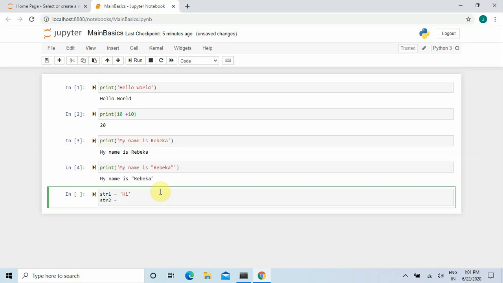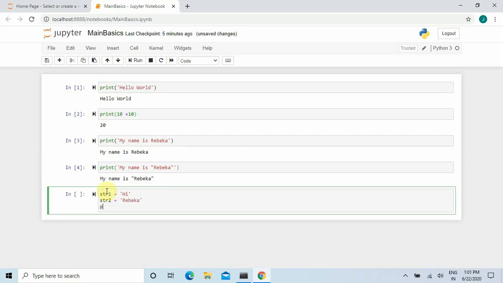In the second line I will take another string str2 and I will write Rebecca, and I will print str1 plus str2.